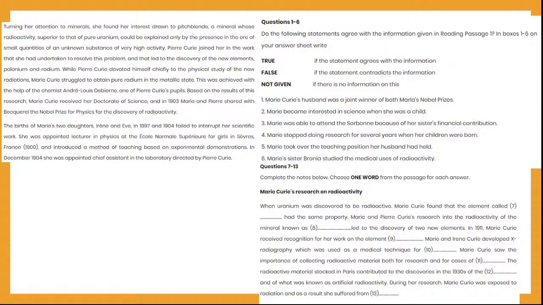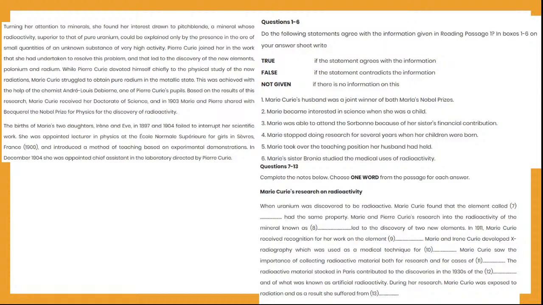Okay. Marie stopped doing research for several years when her children were born. This is question number four. Till now, nothing is mentioned, so I think this is again not given. Fine, let's see. Now they're talking about children here. The births of Marie's two daughters, Irène and Ève, in 1897 and 1904, failed to interrupt